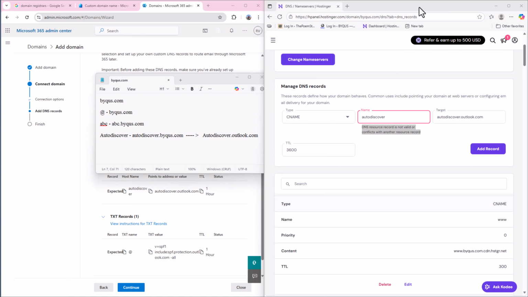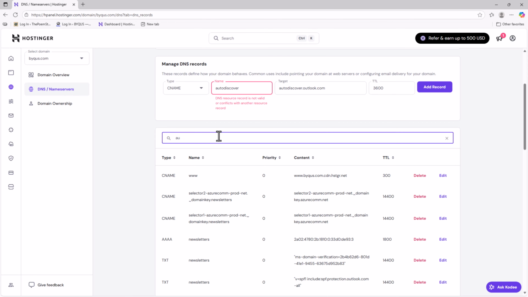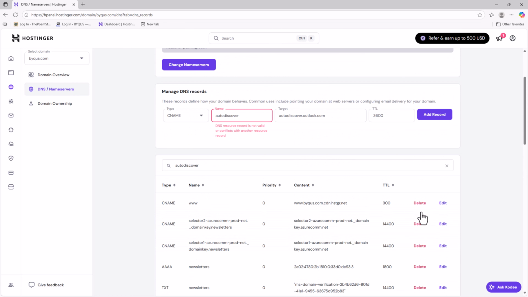Now we will expand this window and we will see, do we have autodiscover already there? See, autodiscover is already there. I'll tell you, Hostinger will use its own email, so you see autodiscover.mail.hostinger.com. What we will do is we will delete all these records. We will not delete autoconfig, but I deleted that record. Now, if I try to add this record,